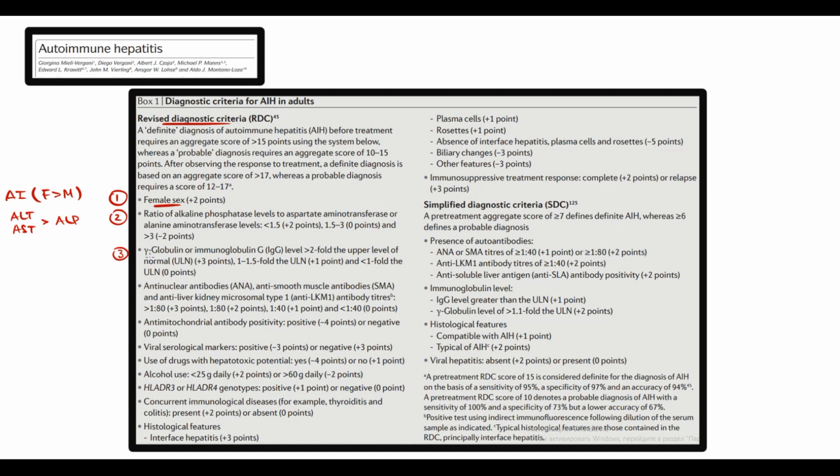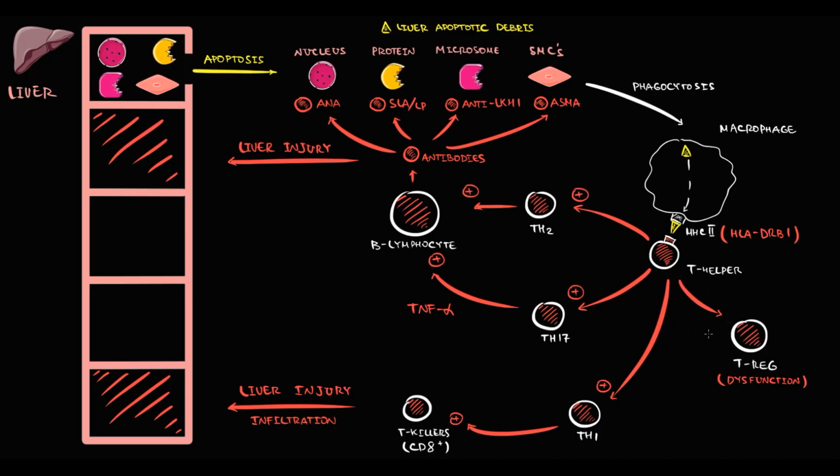The third criteria is elevation of gamma globulins due to the increase in immunoglobulin G fraction. The logic is that antibodies in autoimmune hepatitis are typically immunoglobulin G antibodies. Because all antibodies belong to gamma globulins, on electrophoresis we can determine increase in gamma globulin fraction. And because the increase in gamma globulins is caused by immunoglobulin G antibodies, on immune fixation we can determine increase